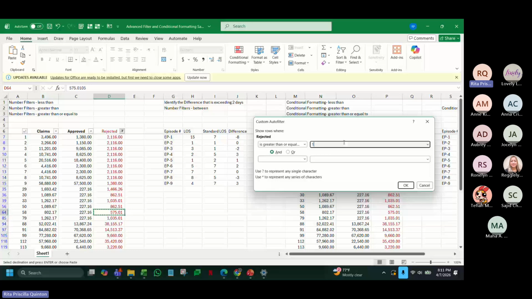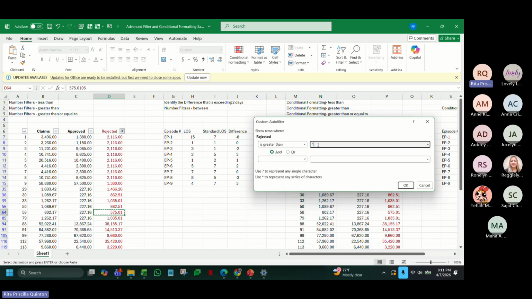But if I only pick greater than 1, then it will start from 1.01, 1.02, like this. So this is the difference between greater than and greater than or equal to. Greater than does not include the number you put here. So it will only include numbers that are greater than 1.